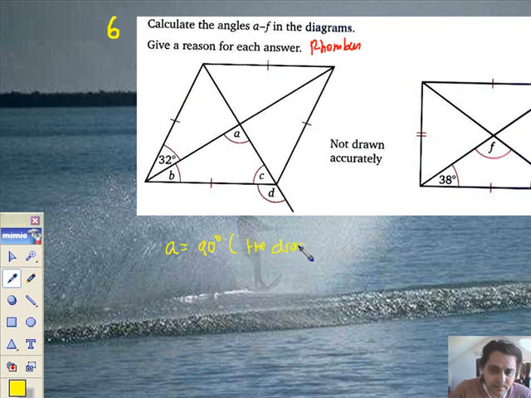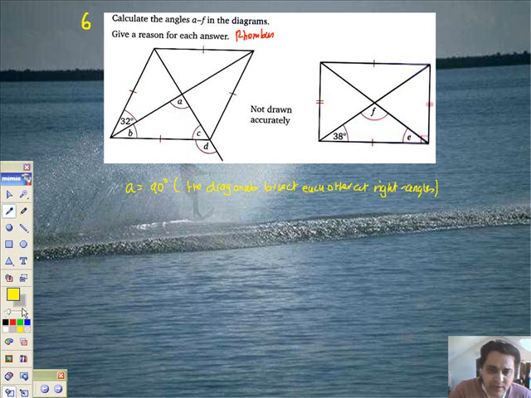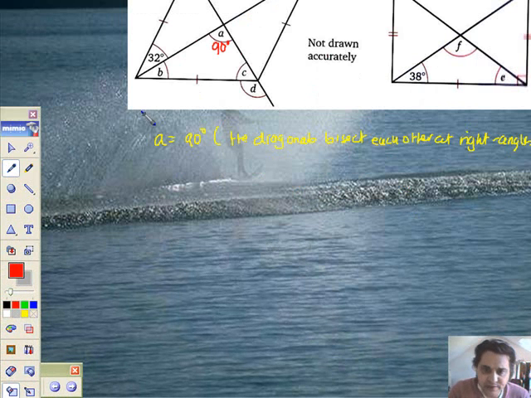The diagonals bisect each other at right angles. Right, that's it. For angle B, well, let's just put in a 90 there so we can see it's part of our future sums. Angle B, well look, if that's 32, so is that. The reason being,